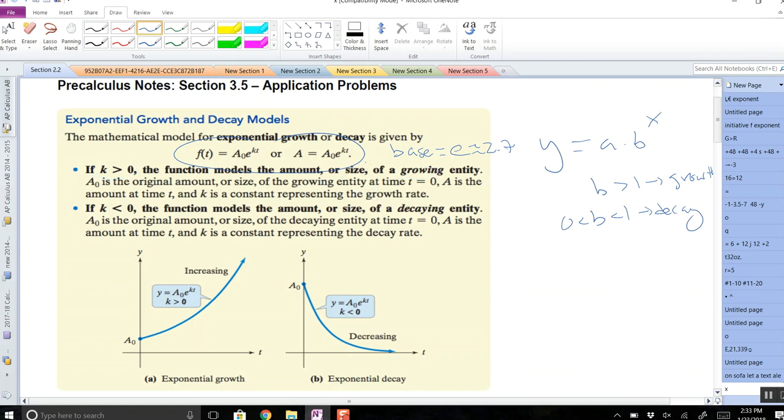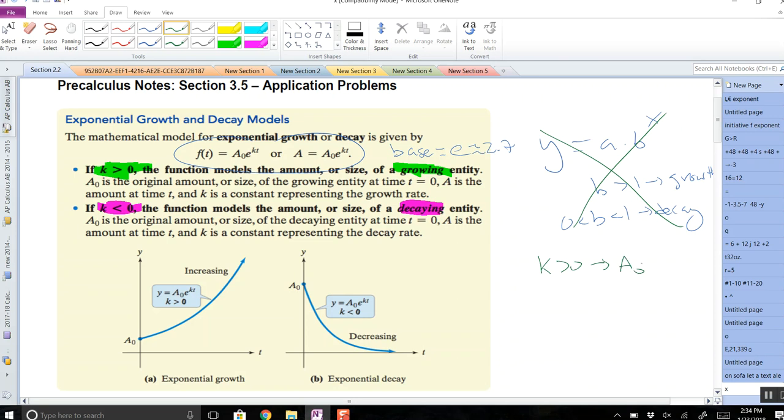Actually, let's do that in red and green. K is positive, it's growing. But if your k is negative, you're decaying. And that kind of makes sense, right? Because let's just kind of ignore this typical model and focus on when k is positive,